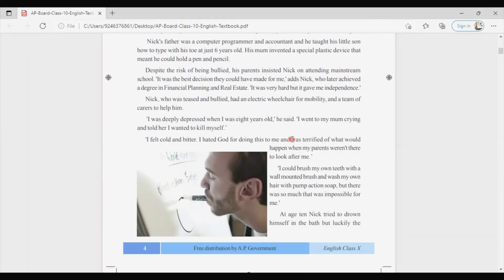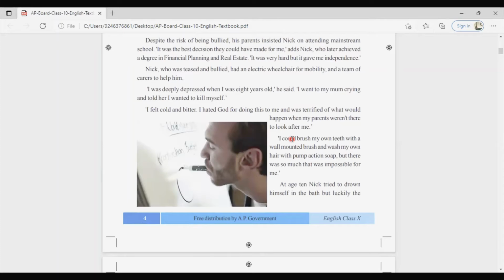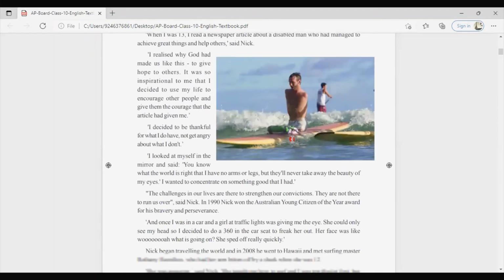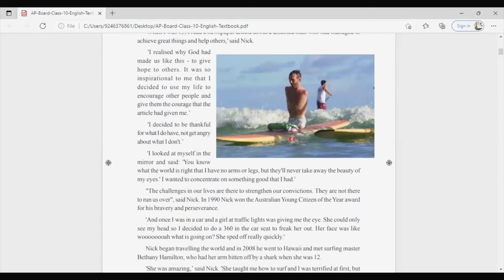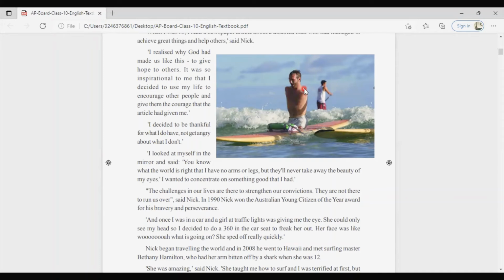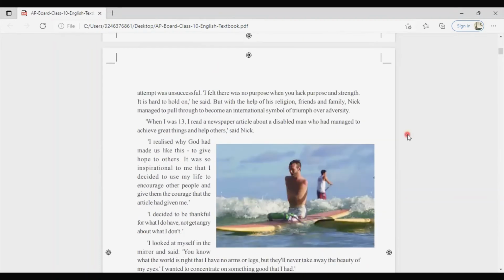But the religious beliefs, and the mother, father, teachers, friends, and many other people, and also the education helped him to become successful in his complete life. It also helped him to become an independent personality. So what happened once when he read a newspaper article at the age of 13? He read a newspaper article that was a drastic change.